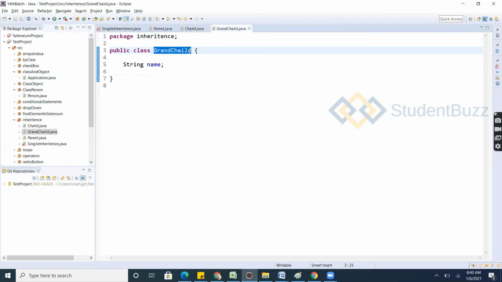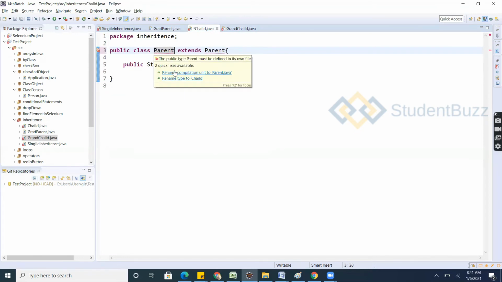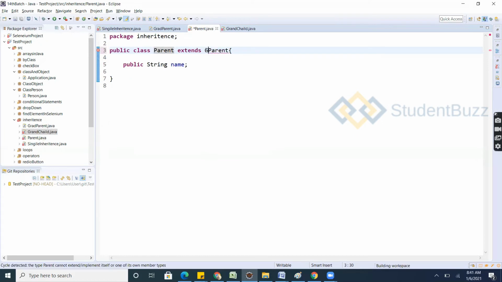So the grandparent is extended into the grandchild. Instead of creating a new one, the child will now get a parent. I'll keep it as child, parent, and grandparent, and rename this.